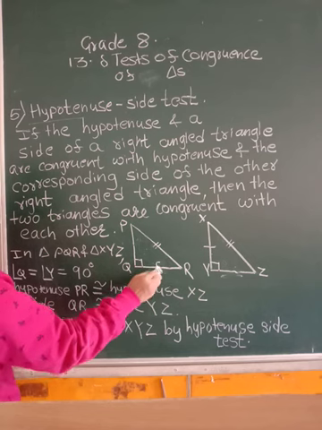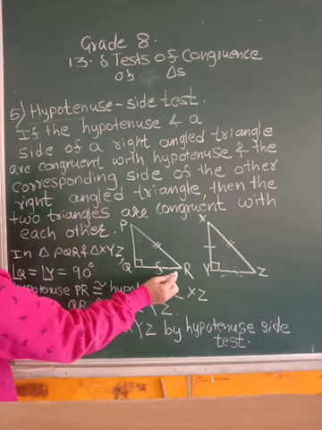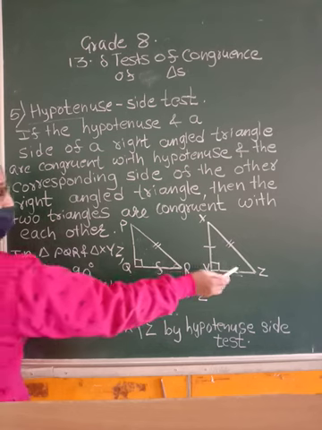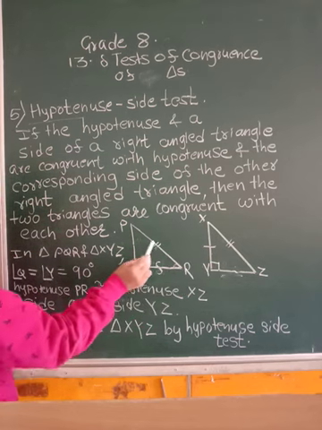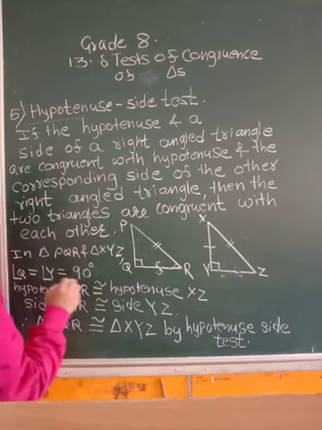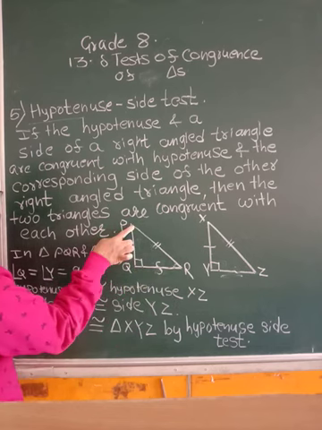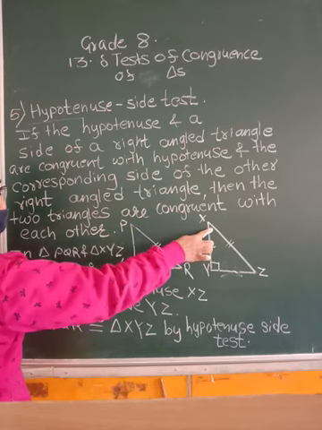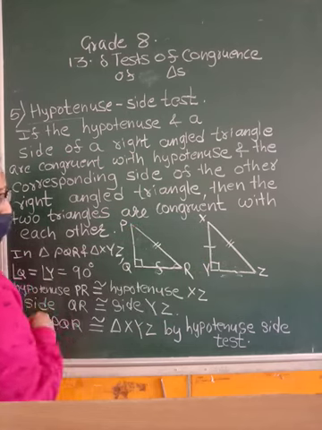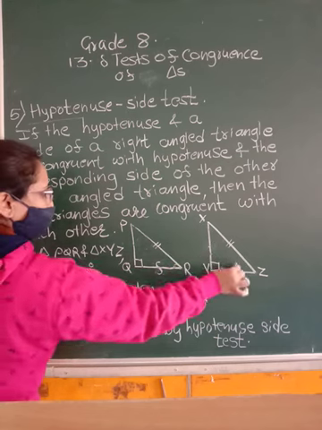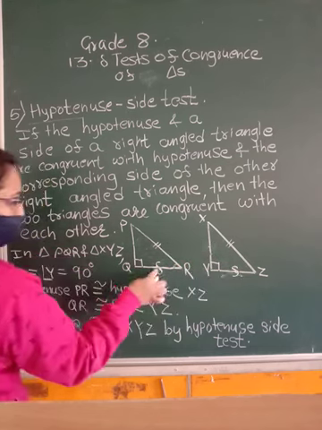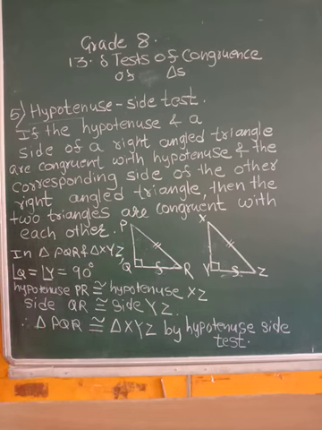You can't say that these 2 triangles are congruent by hypotenuse side. You can see that the angle opposite to this is congruent to this angle, obviously. You see this is small, and therefore hypotenuse and corresponding side is the word used. This side is opposite to angle P, and angle P is equal to angle X. So opposite to X should be this side. So you can't have one side this and another side this one. Both should be the same as per one-to-one correspondence of vertices. Are you understanding me? And that is why the word corresponding is very important.